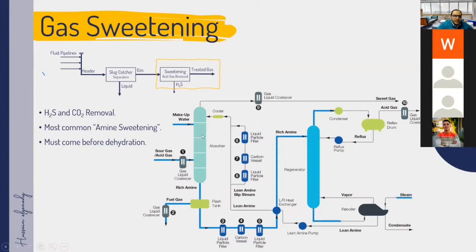In the absorber, there is contact between the gas and the amine, which absorbs the H2S from the gas, and then it is sent to regeneration to separate the acid gas from the amine. The amine is sent again to the cycle, and the H2S goes to the SRU. From above, the sweet gas is taken from the absorber